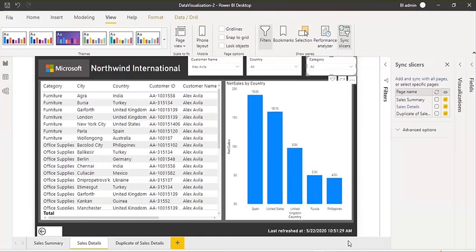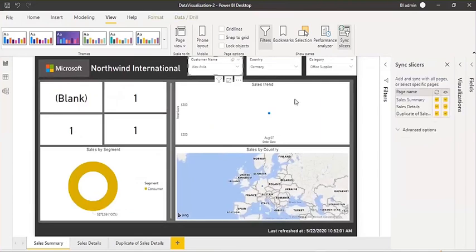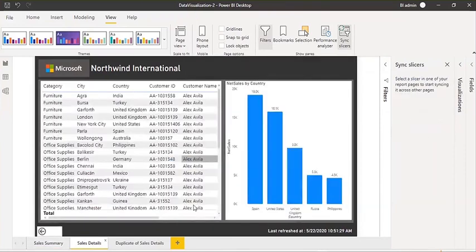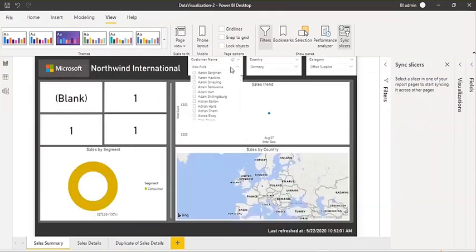So what you can do is hide these filters. How? Let's say I want to keep these, but on other pages I want to hide them. So select it, hidden. Now the filter will work behind the scenes, but it will not be visible. Now if you go to sales category, you see there is no filter, but ideally the filter is there, it's just hidden. The user will not be able to interact with these slicer values, but when you select any value here, let's say if I change the